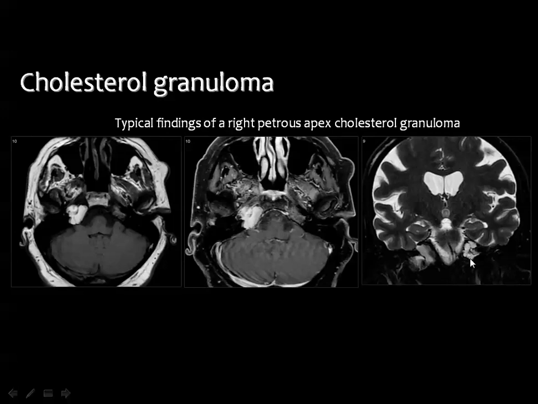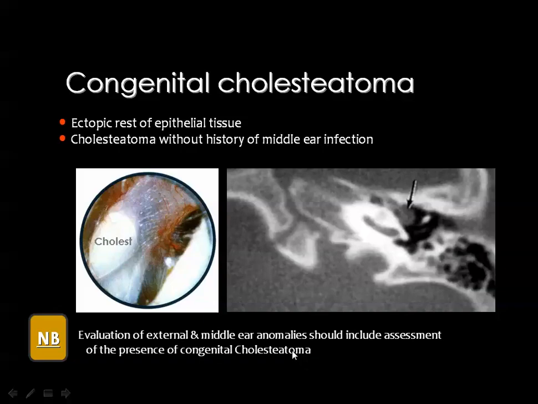This is another example of cholesterol granuloma at the apex of the petrous bone, and this is T1 and T1 post contrast and T2 weighted image showing the high signal intensity, and you do not appreciate any enhancement in the lesion after contrast injection. Then we came to the issue of cholesteatoma, and we have two types, the congenital type